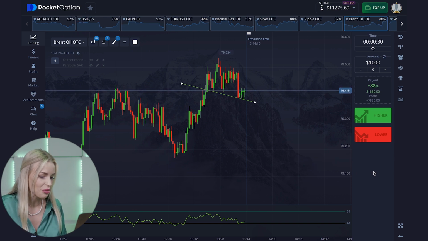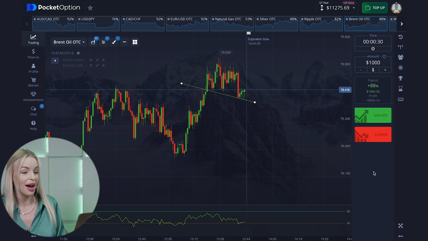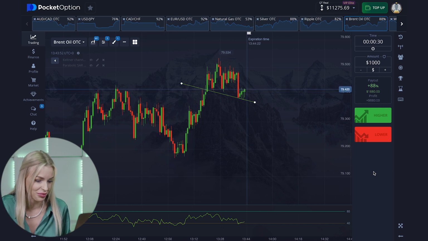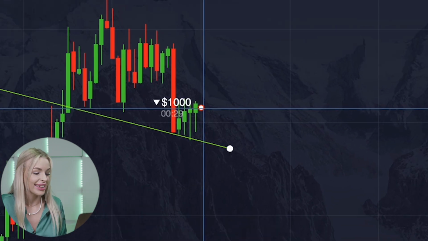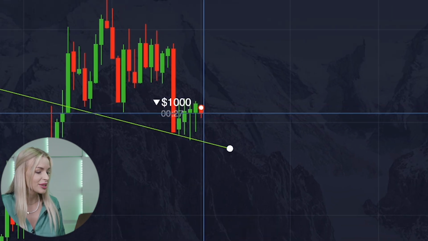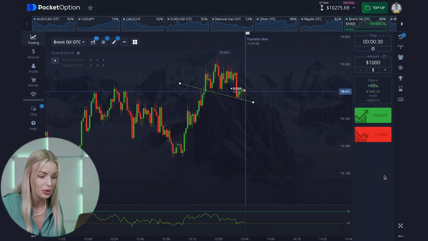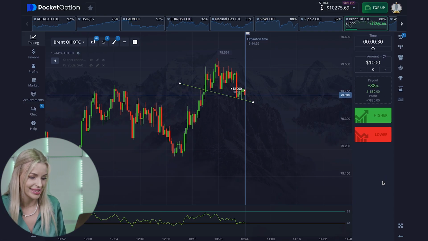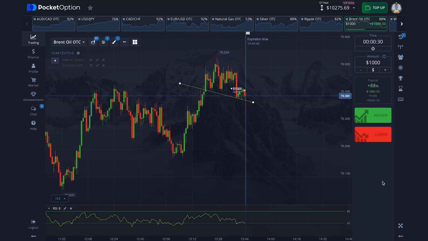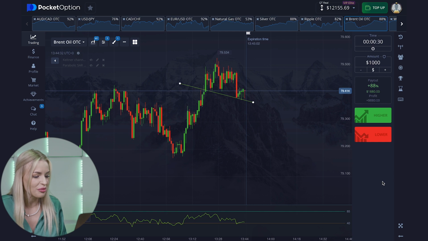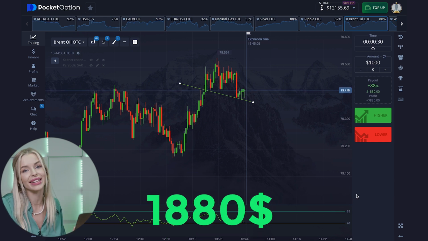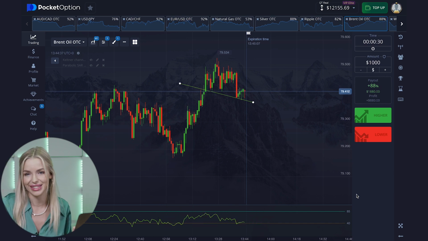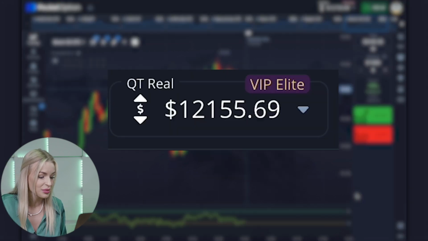A very intriguing moment. You sit like a hunter in an ambush, ready to react instantly to any movement. Here it is. Let's put it in. The candles are going down. It's just incredible. One strategy works out the money for several previous ones. Can you believe it? One clever click of a mouse and $1,000 magically turns into $1,880. The $2,000 mark has been reached.